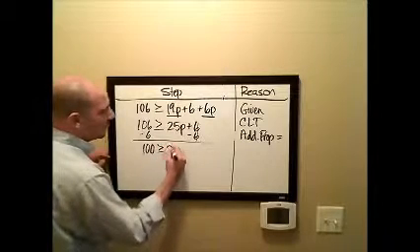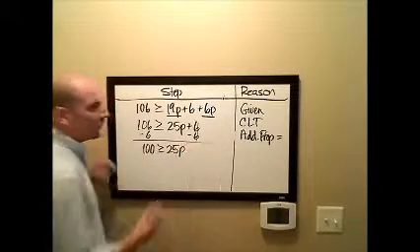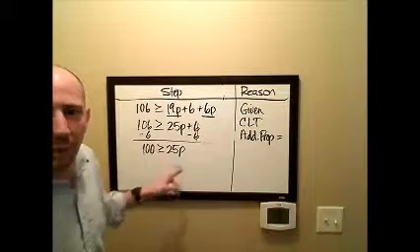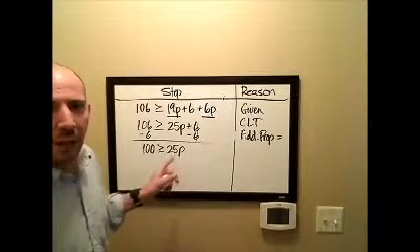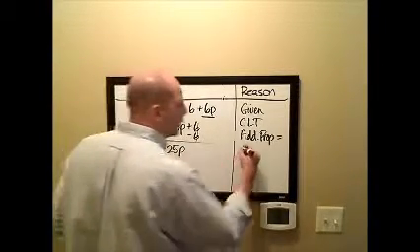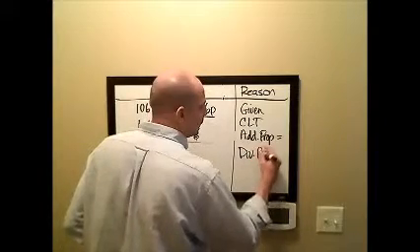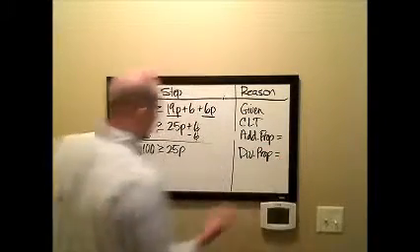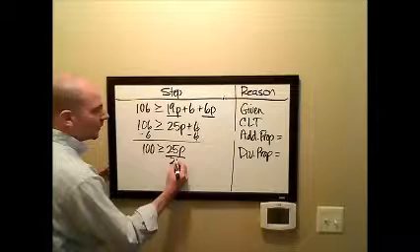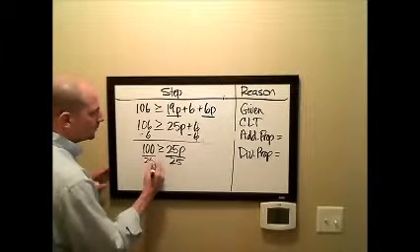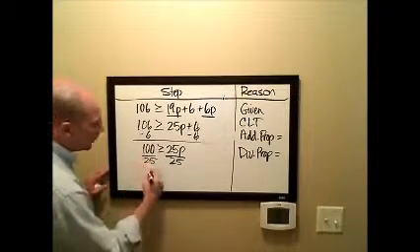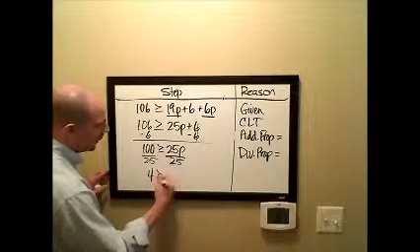Greater than or equal to 25 times p. Now I need to know what 1p is equal to. I know what 25 of them are equal to, but just one of them. So I'm going to use the division property and divide both sides by 25. Okay, 100 divided by 25 is 4. Greater than or equal to